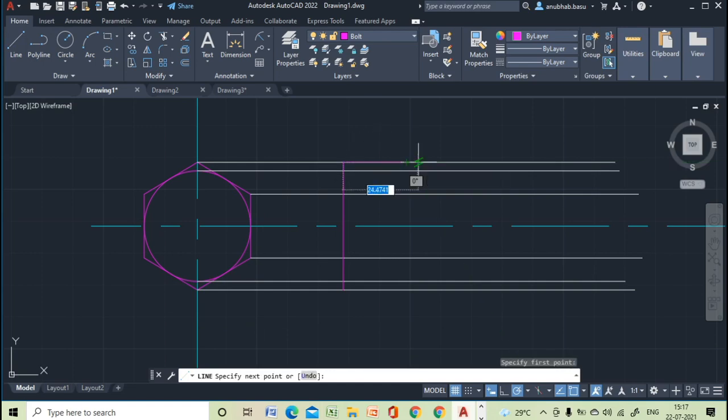Okay, now it will be same 20 mm, then it will be this point and then this point.